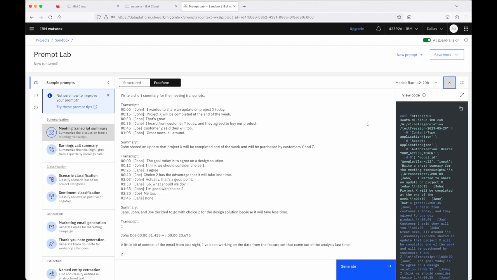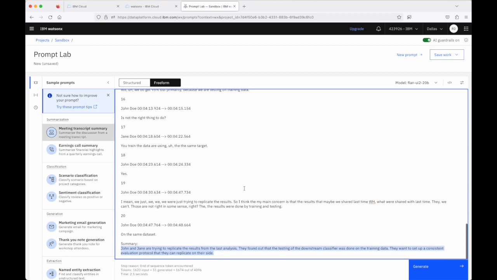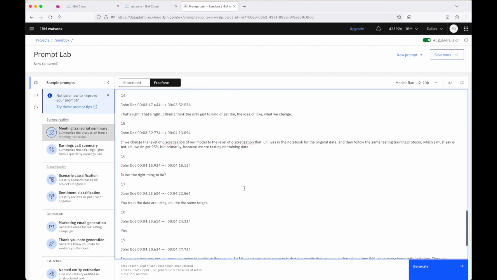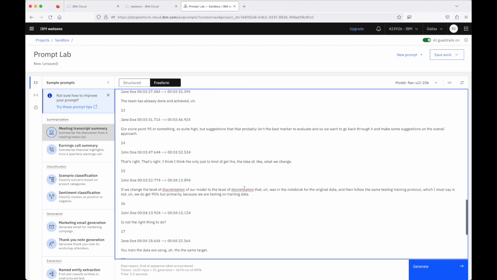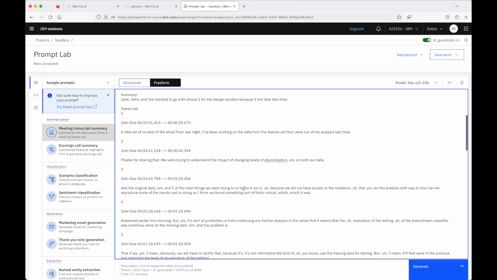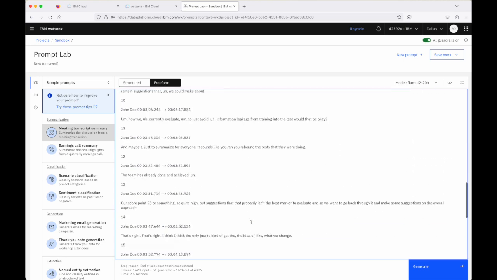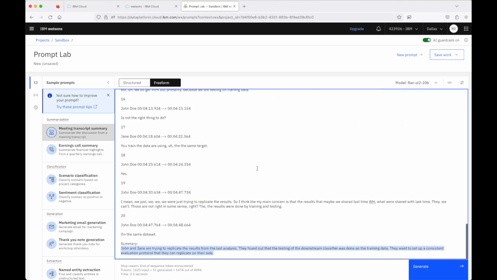prompt there. Before I wrap this one up, again, we're going to look at prompts in a lot more detail in future videos, but why don't I just run this quick example just to show you how it works. So I go ahead and click on generate here. If I scroll down, you'll see that the call summary that was passed to the foundation model here, across each of these numbered lines, is ultimately summarized by the FLAN2 model here in just these couple of lines,